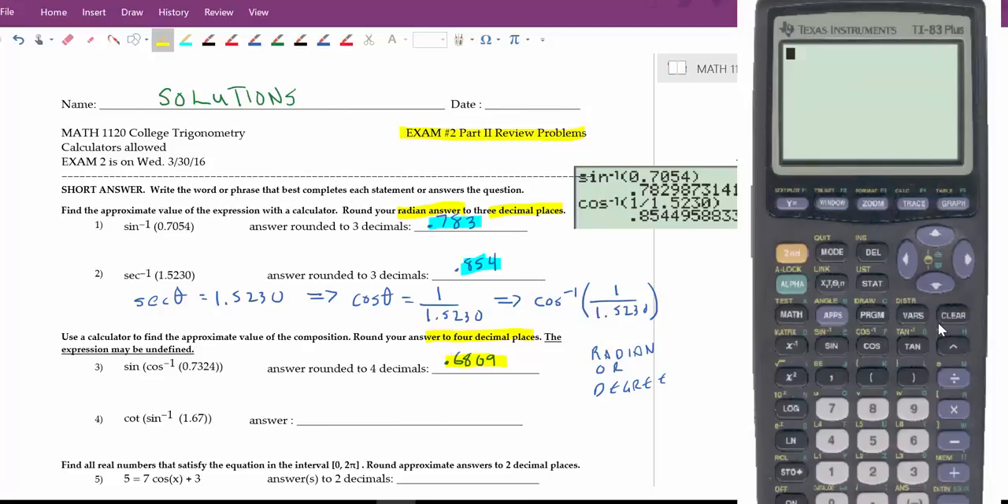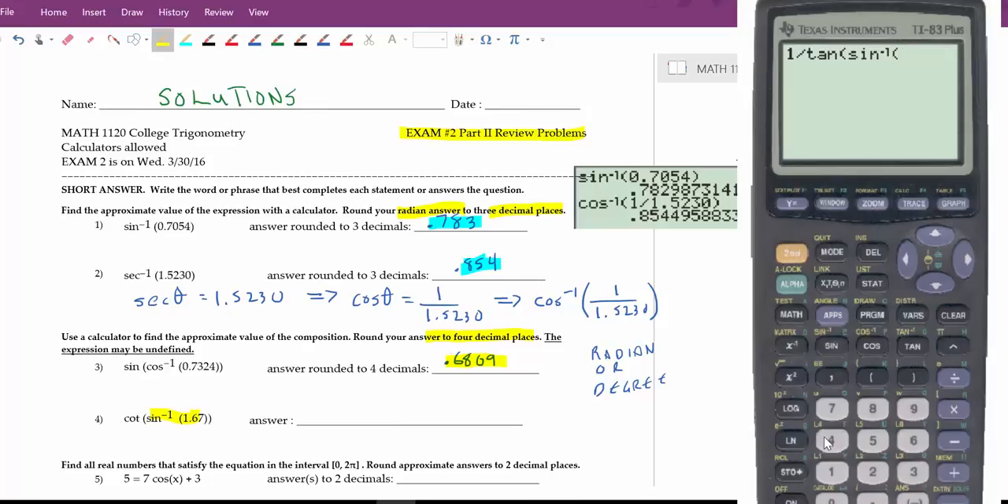Now the next one, since you don't have a cotangent button, you have to put this in on your calculator basically like this. You have to say 1 over the tangent. That's how you put a cotangent in. Then you put this part exactly the way it is. So now you put in